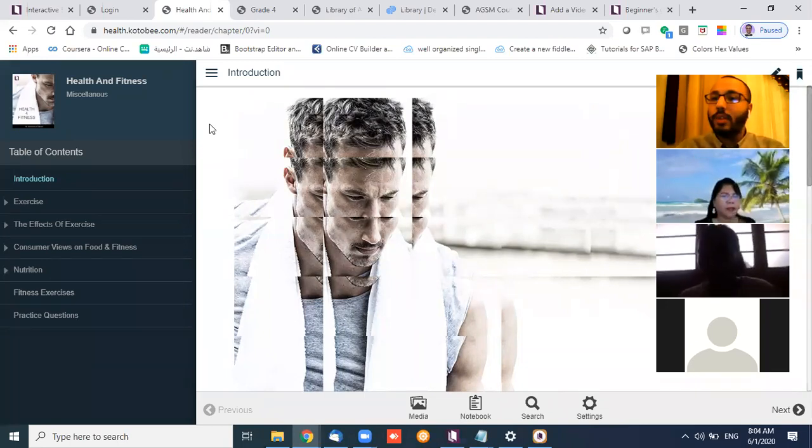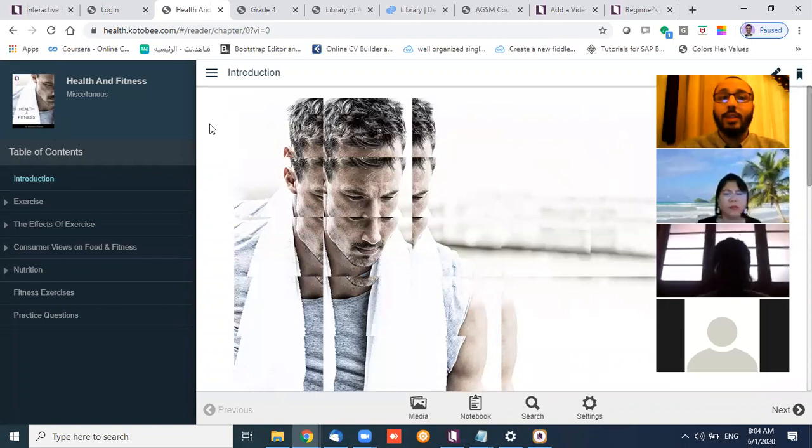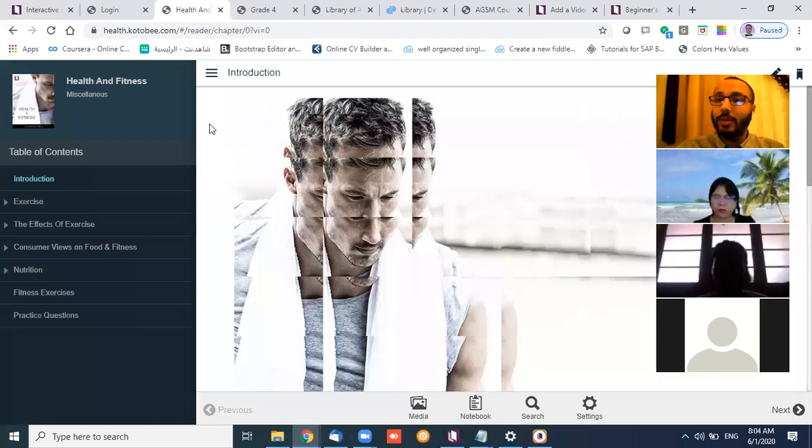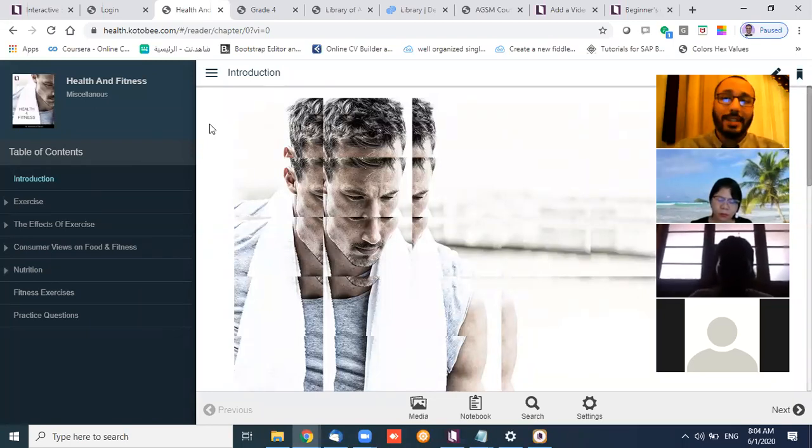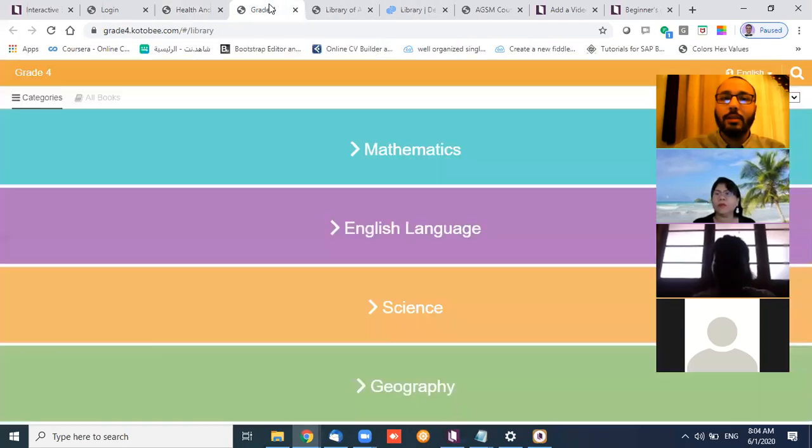This is one of the options in the second approach. You can also export the book as a desktop app, Windows or Mac. You can export it as a mobile app, Android or iOS, and you can export it as SCORM and put it on a learning management system if you're using one. Now, the third approach is the library solution, and this is if you have many books. Instead of exporting each book as a standalone app, you're going to create one library. You will add all of the books to the library and then export the library into a standalone app, either a web app, a desktop, or a mobile app or SCORM, and send it to your users,